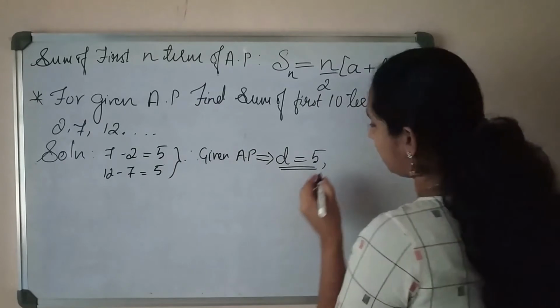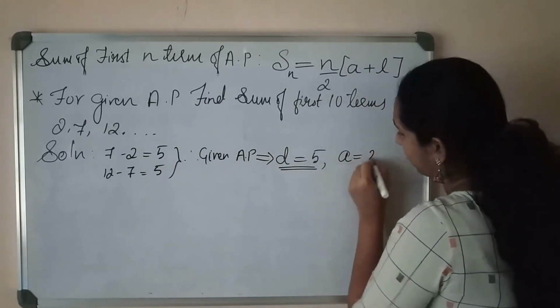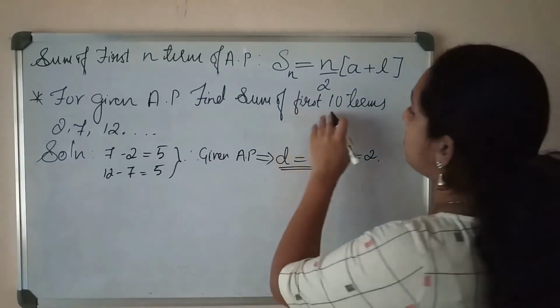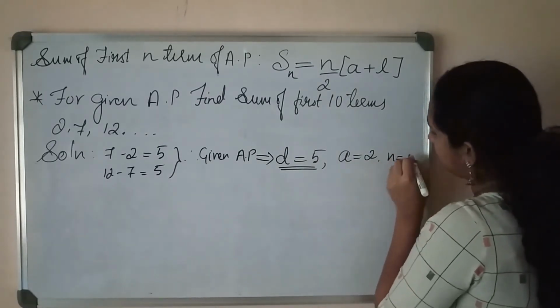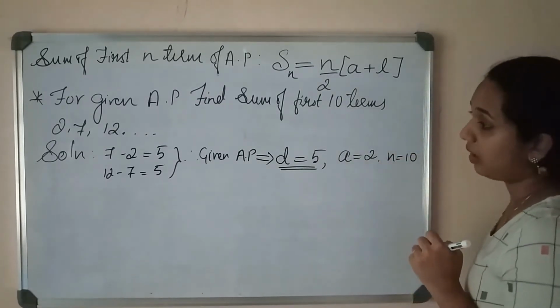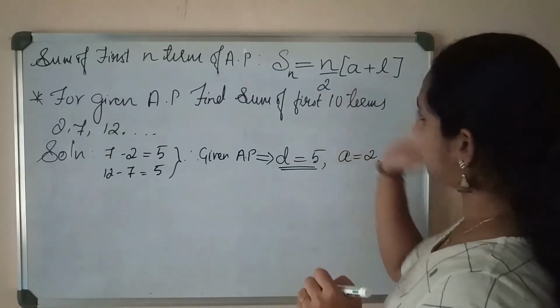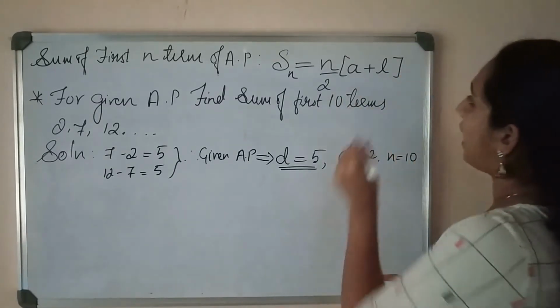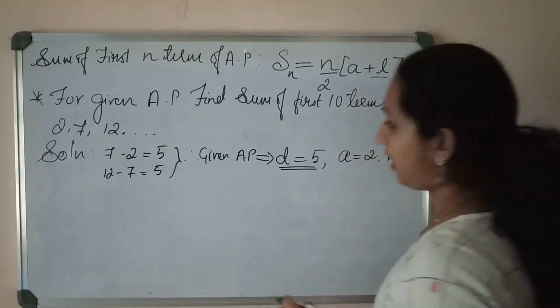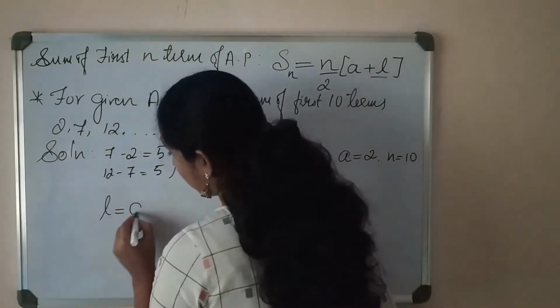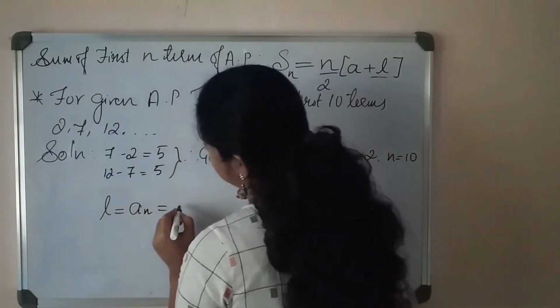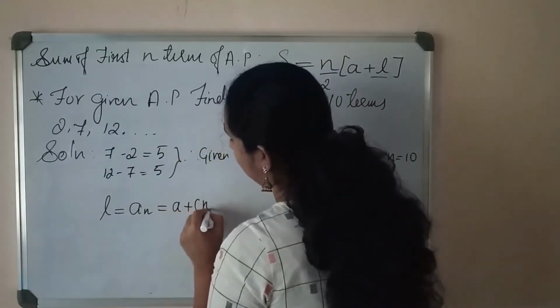I can find out that A is nothing but 2. In the question they have mentioned first 10 terms, therefore n is nothing but 10. Now I'm going to substitute this in the given formula, but I need L, correct? Therefore, how to find the L? L is nothing but the last term, which is an, which is a plus n minus 1